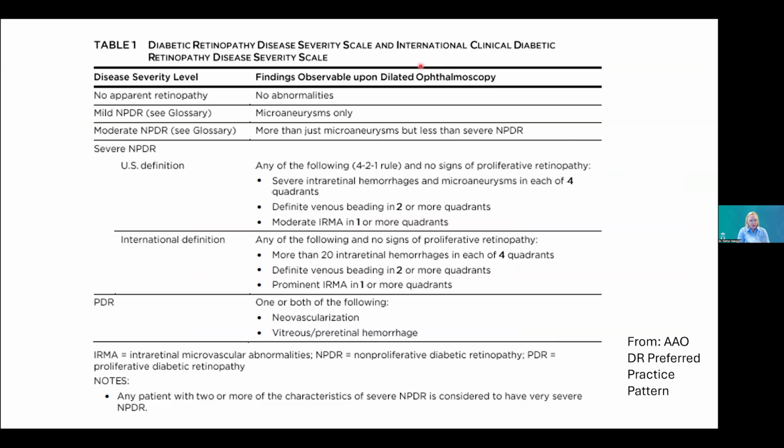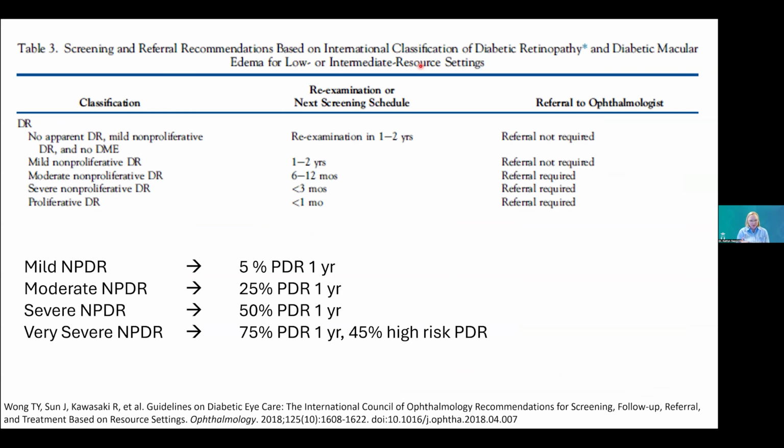This is just a quick review of the diabetic retinopathy disease severity grading scale. And this is what I primarily use in clinic, but I always like to remind myself why we follow these different stages of diabetic retinopathy in the time intervals we do. And it's because of these progression rates. So even when we get to just moderate NPDR, we are having a quarter of those patients progress to PDR